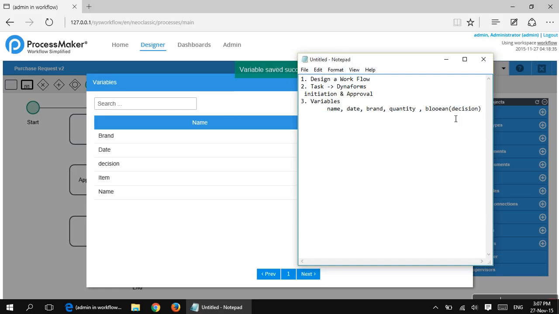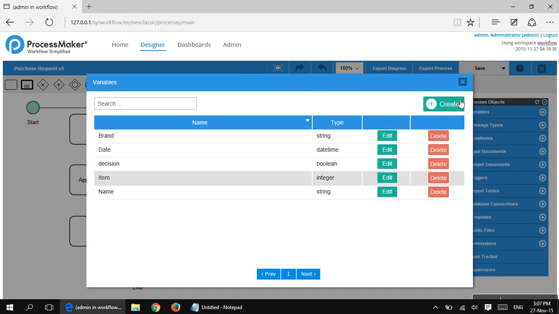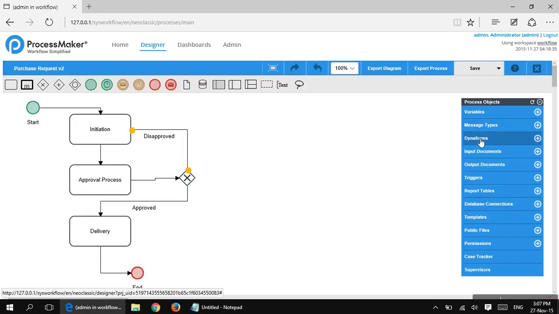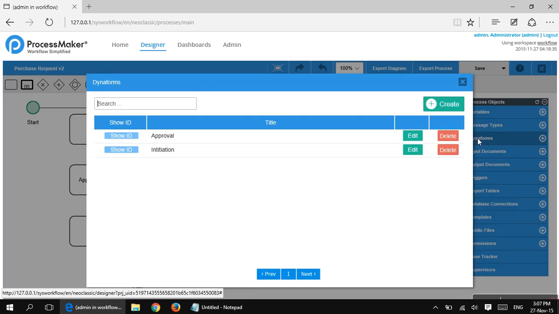Now our next step would be go back to Dynaform and link all the variables. So just close this window. We'll go to our Dynaforms and go to the first form, initiation,